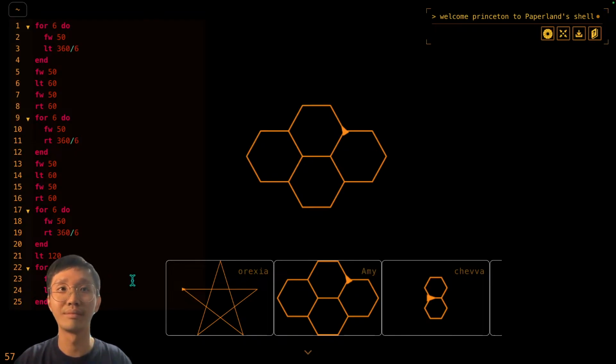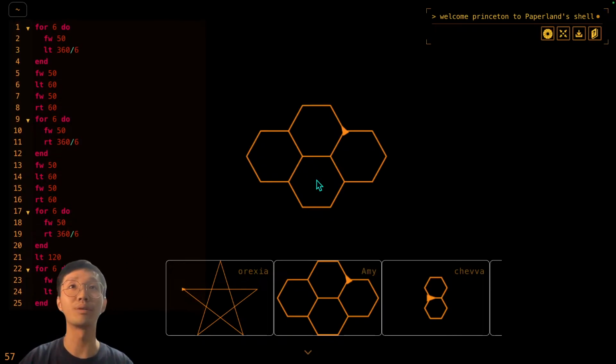A loop. Yes, we have used a loop, and a loop would be better if we know how many hexagons we need adjacent to each other. So a loop would work, except in this programming paradigm. I think Amy, you drew this, then you have to move here to draw this, then you have to move over here to draw this, right? So if you want to loop it, how would you loop it? You can use a loop,